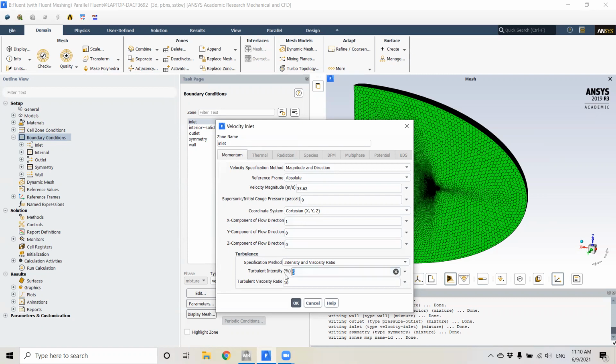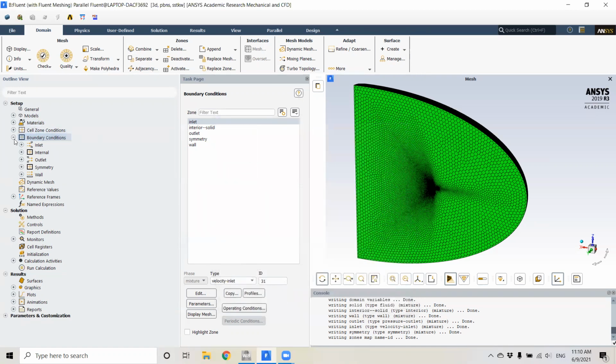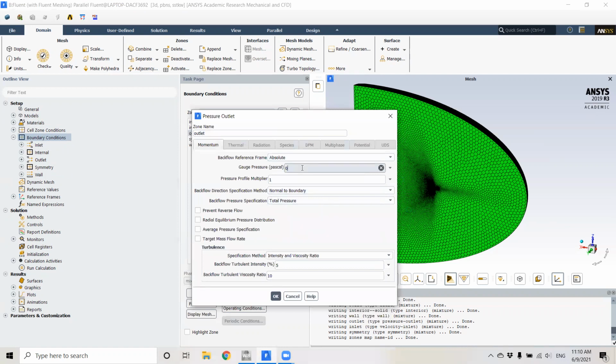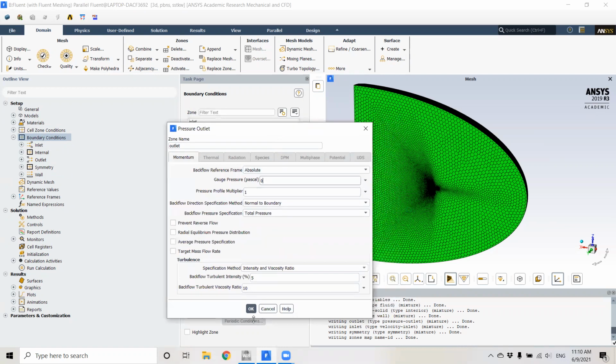Here, I'm just going to change this to 1% turbulent intensity in the inlet, which is a reasonable amount. I already know that the outlet is okay, but if you want, you can check that. Gauge pressure of 0 in the outlet,